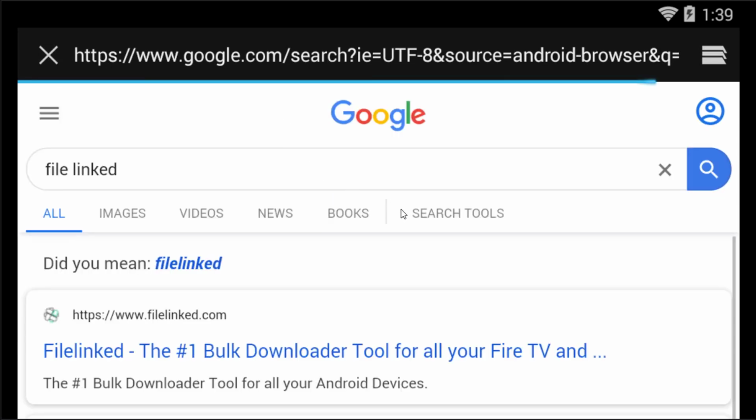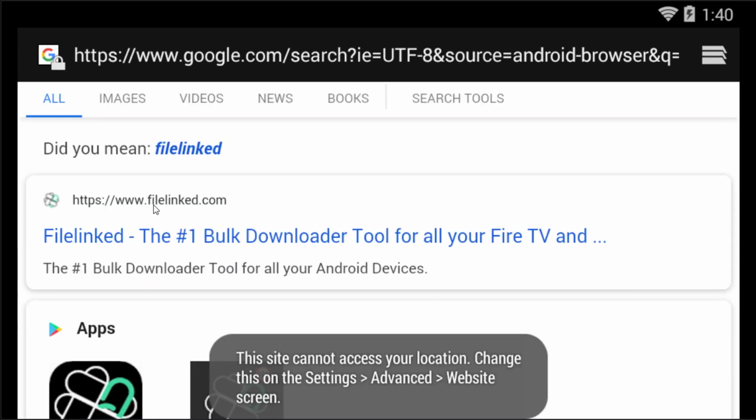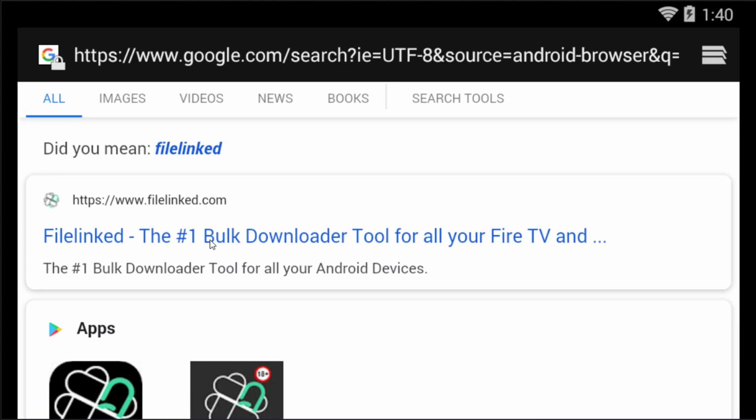Type here FileLink, and you will find the link at the top, filelink.com. FileLink, the number 1 bulk downloader tool for all of your Fire TV and a lot of other stuff. So you need to go to this link,